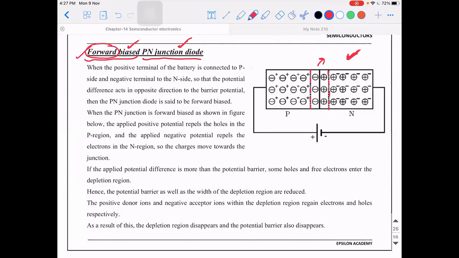If it has to become lesser width, we know one concept that through the process of diffusion, by default, you have negative charge on the left side and positive charge on the right side. So there is an electric field created in this direction. There is an electric field inside the material. Am I right? Now, when I say connecting a battery, it is again a potential source. When you connect the potential source, again you are creating an electric field. So the electric field created by the battery needs to ensure what?